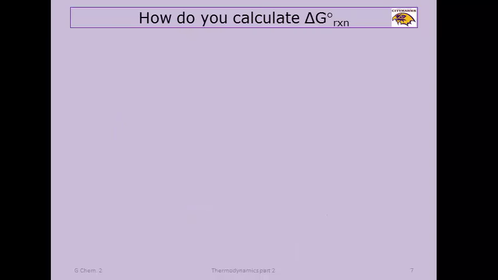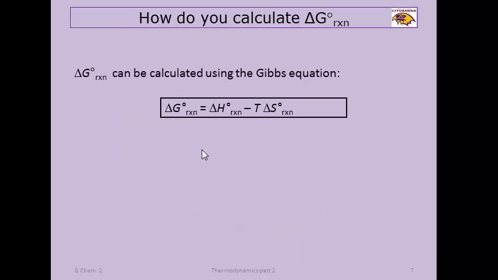So how do you calculate the delta G? The Gibbs equation basically shows you that you can take the enthalpy of the reaction, the heat of reaction, you subtract it by the temperature, and once again, this is the temperature at which the reaction is taking place. In essence, it's the temperature of the surroundings of the reaction. And then you multiply that by the entropy of the reaction, which we've learned in the last section you can calculate from entropy tables, as you can calculate the heat of reaction from heat of formation tables,